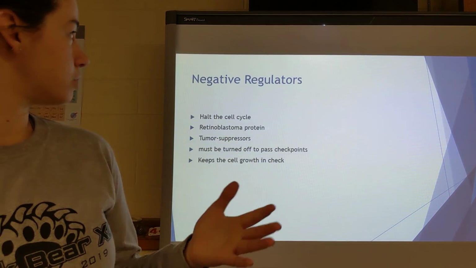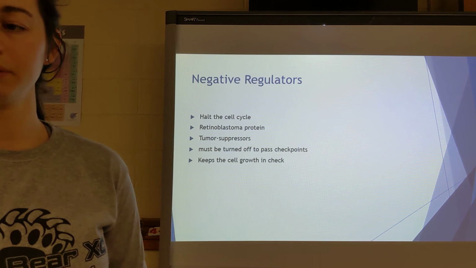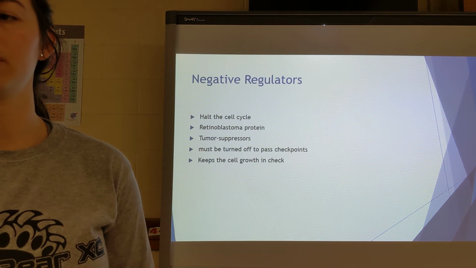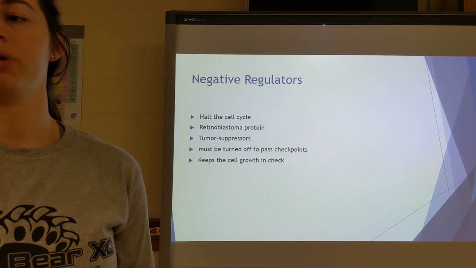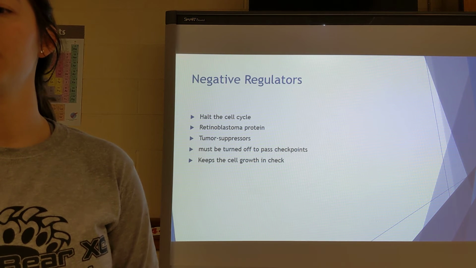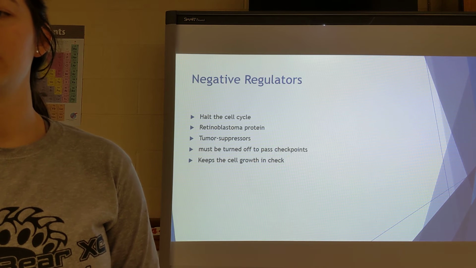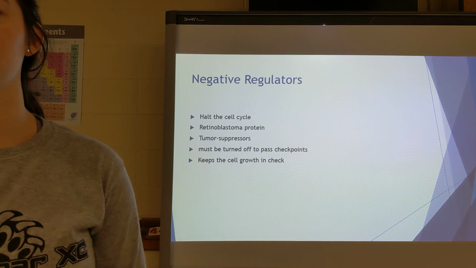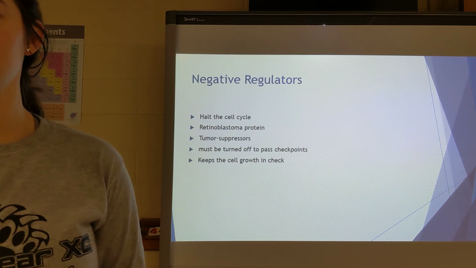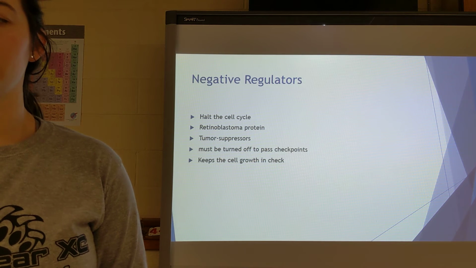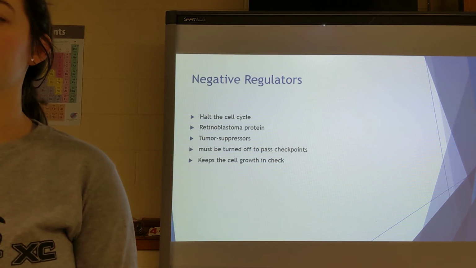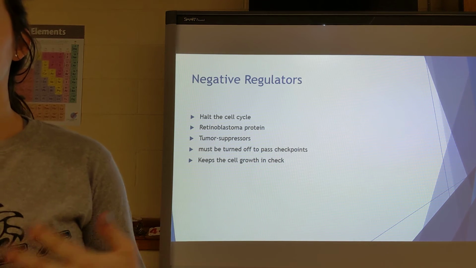The opposite of those positive regulators would be the negative regulators, and they have the opposite effect in the cell process. They can either slow it down or halt it. The proteins bind to a site, and then the growth is halted until it is needed again. This is so things aren't growing while other things are getting ready for them. So if you imagine